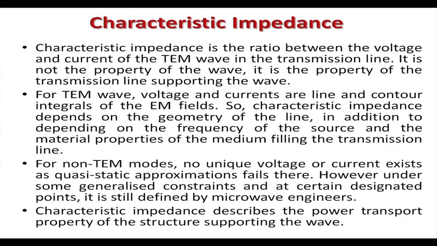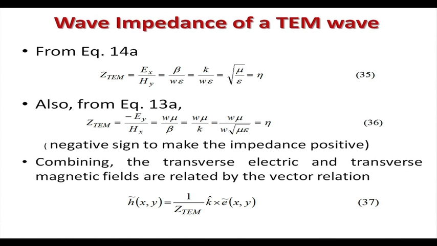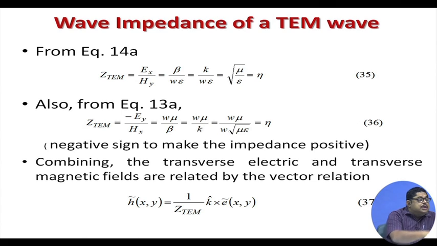So, all this information comes to impedance. It is a very important concept in electronics. So, wave impedance: now let us calculate the wave impedance of a TEM wave. You can see that we have found out Ex and Hy. If you put that, it becomes beta by omega epsilon. Finally, you see that for any TEM wave, its impedance is